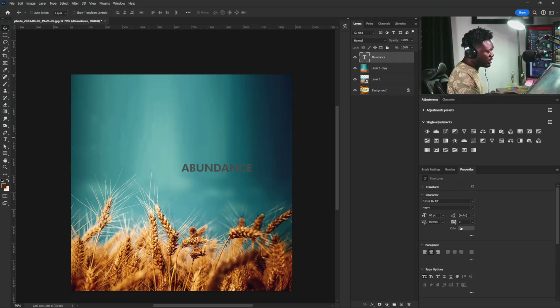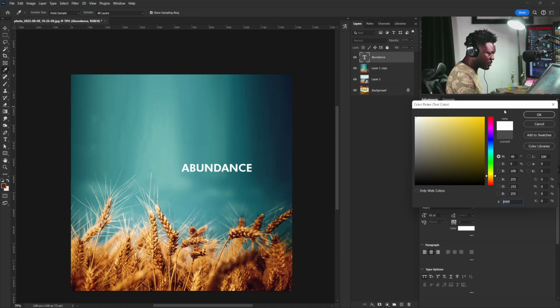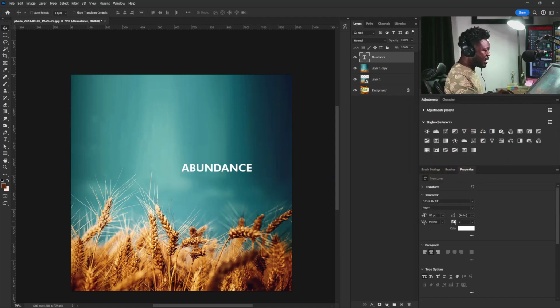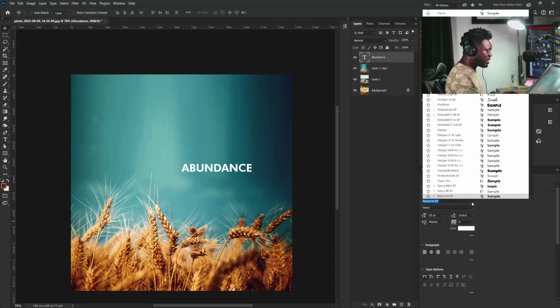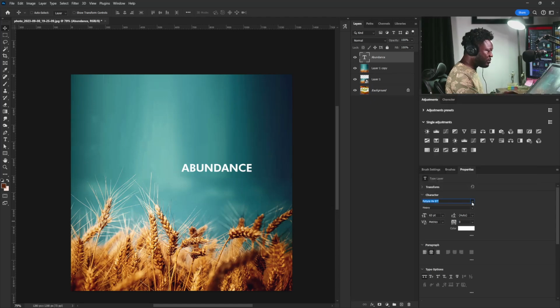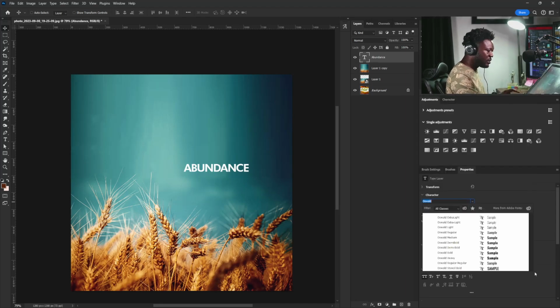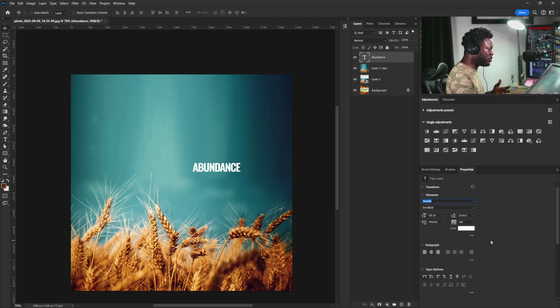All right, so I'm going to change the color of this to white first. All right, I'm going to change it to white, and I am going to use... let's use... okay, I think Futura is not bad. All right, I'm going to close the space. Okay, or we can also use Oswald. All right, if you want to make your title narrow, and I mostly use display type like this